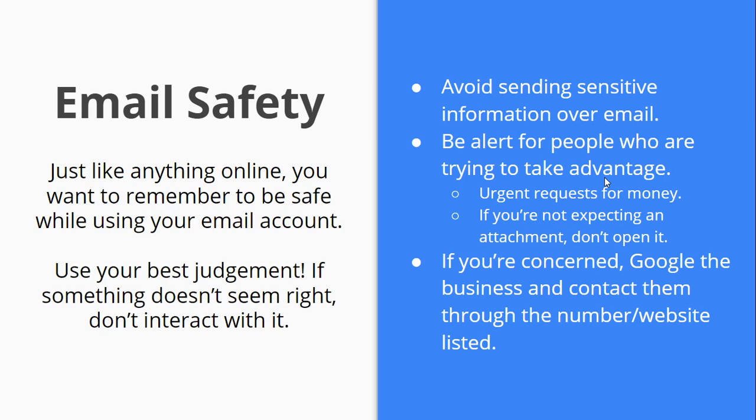And then another red flag is if you're not expecting something, or if it's not the way you typically interact with someone, don't open any attachments or don't click on any links. It's okay to open the email, but don't go outside of your email. So don't click on a link that's in the email or click an attachment,